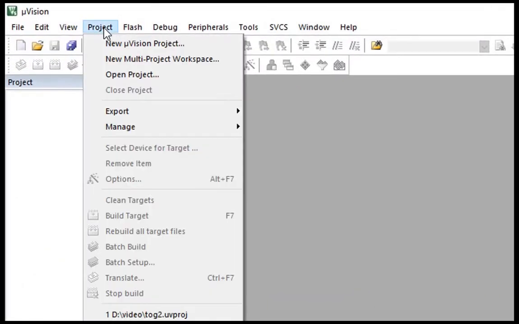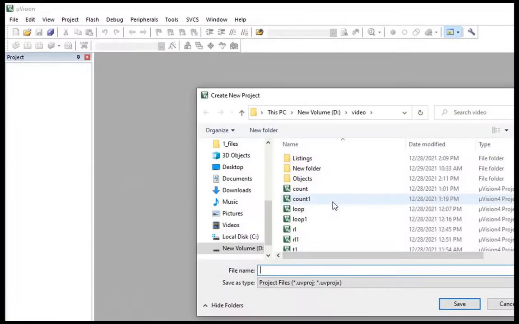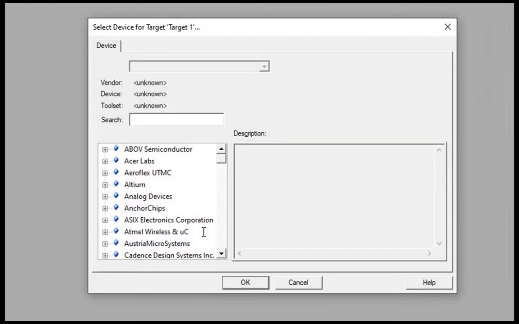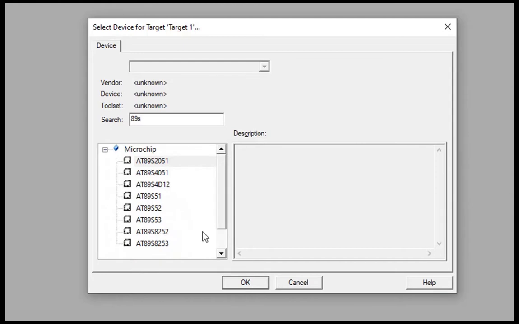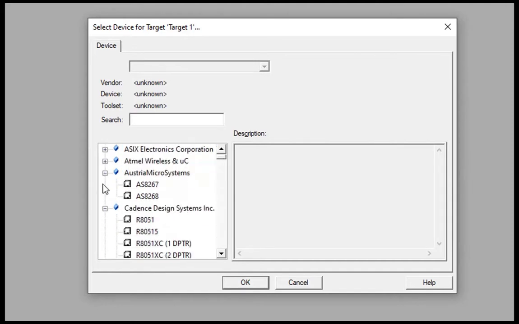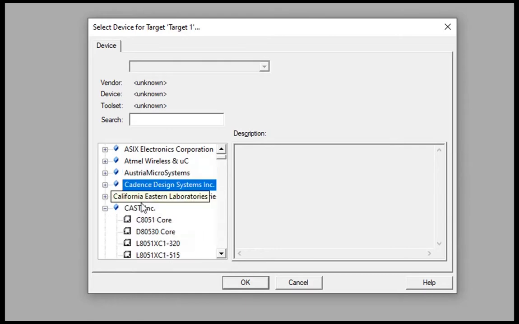We'll start a new project here. So new project, and you can give any name you want. As I told earlier, 89S52, or we can start selecting our microcontroller here. So our microcontroller is on our board. You can see in the board we have a microcontroller, that is